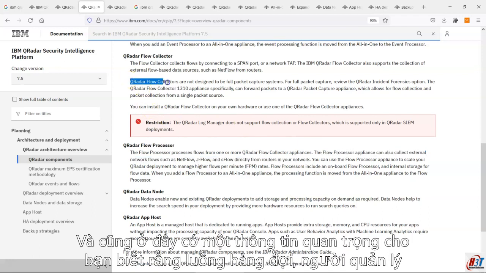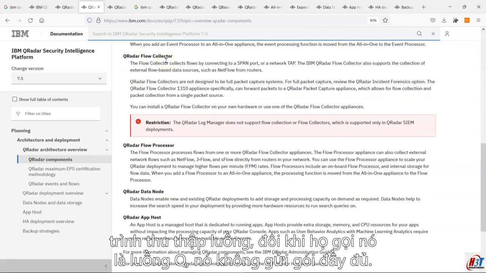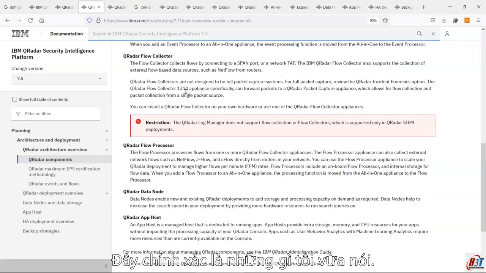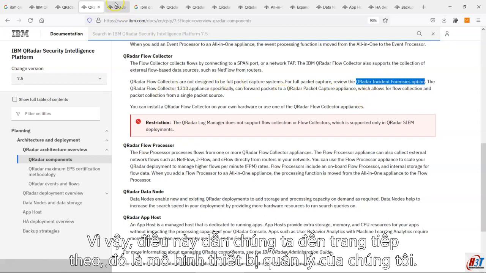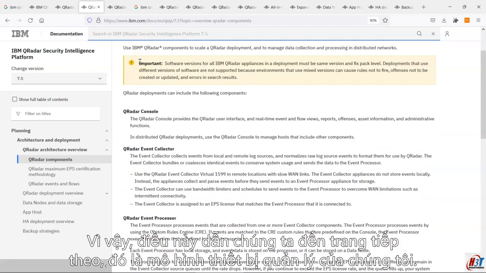And also here there is one important piece of information telling you that the QRadar flow collector, sometimes they call it QFlow, is not sending the full packet. This is exactly what I just said. So if you want a full packet capture, you can use another component called the QRadar Incident Forensics appliance. So this leads us to the next page,